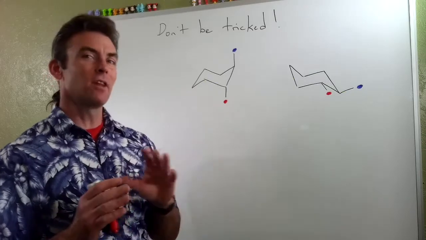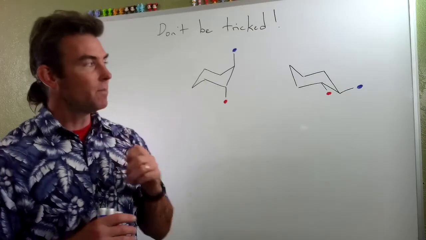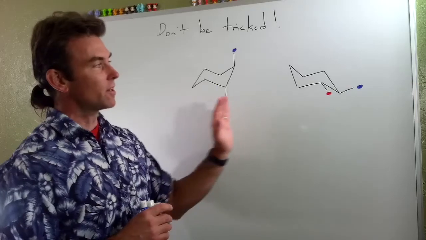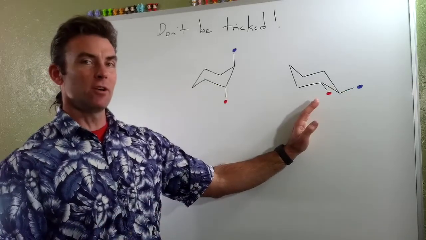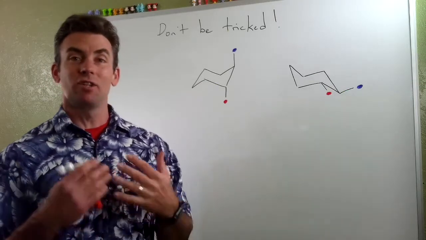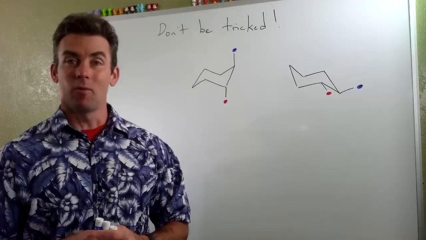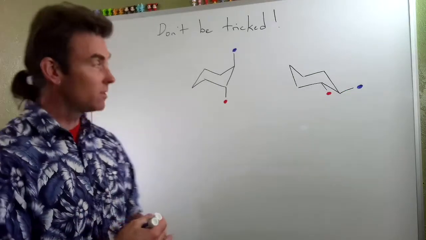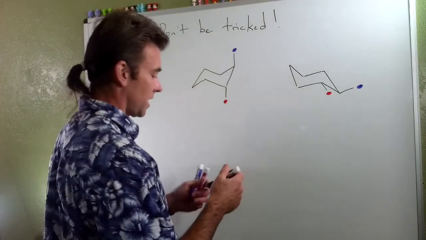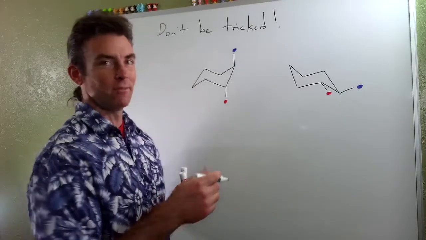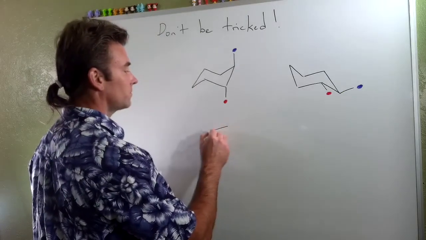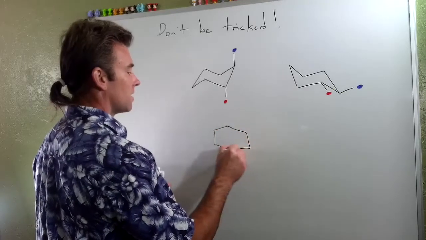Well, it turns out there's a little bit of a trick here. And the trick is that when you start to look at chair conformers, especially in your homework, it's a good idea to actually draw the flat form, right? And what happens when you draw the flat form of this thing, which we of course talked about in a different video lecture, you'll notice a curious thing,